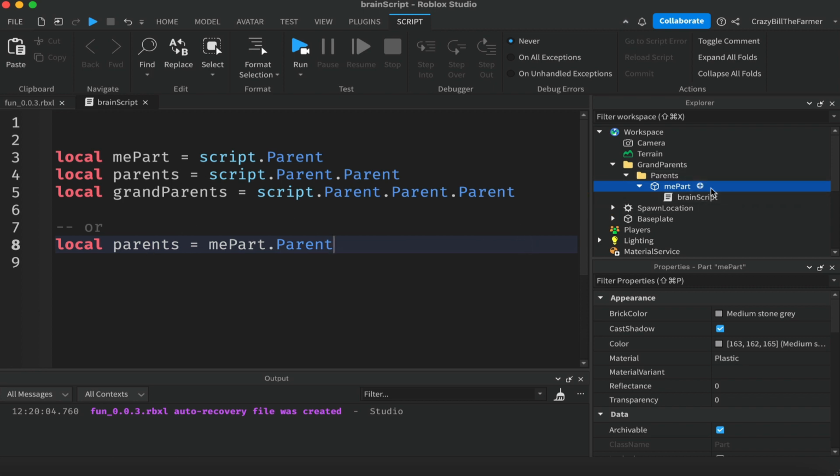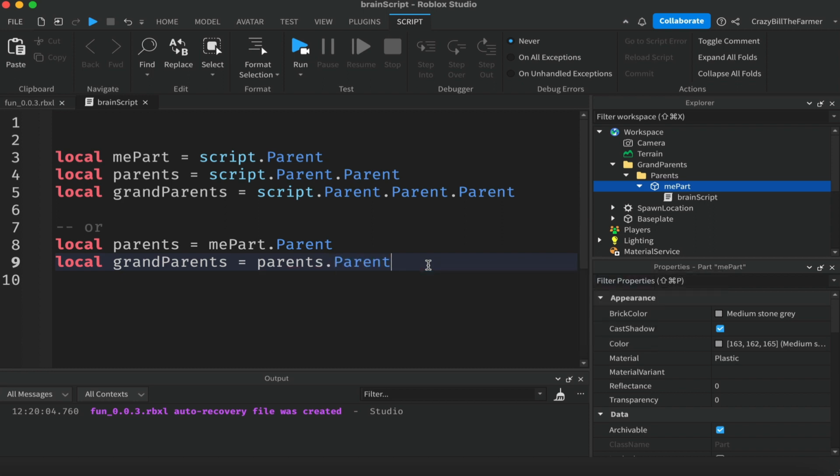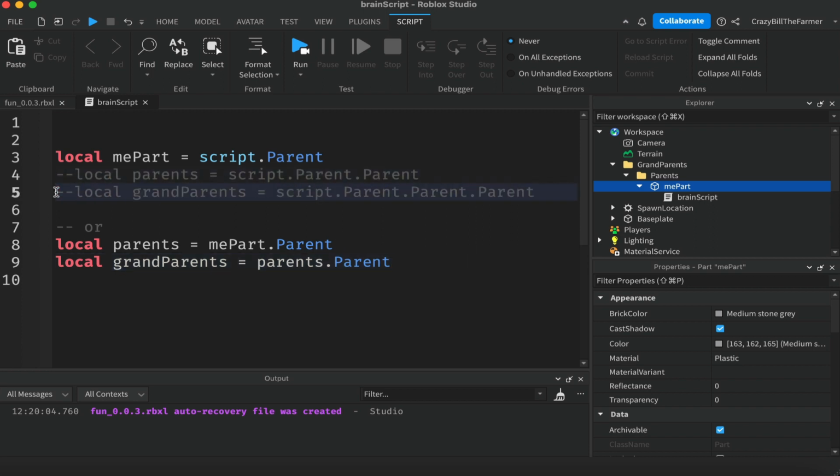Right, so the me part, we're just moving up one level to get its parent. And we could do the same thing with our grandparents. We could say parents dot parent. Alright? And these things mean the same thing. This gets a little bit confusing, whereas this is a bit easier to understand. So we can comment out the first couple of examples that we put there, but now we have access to